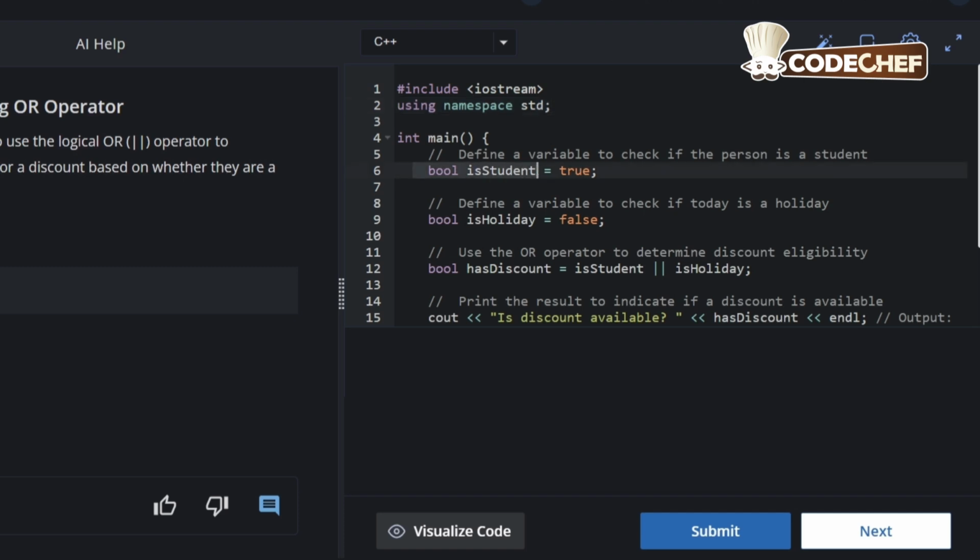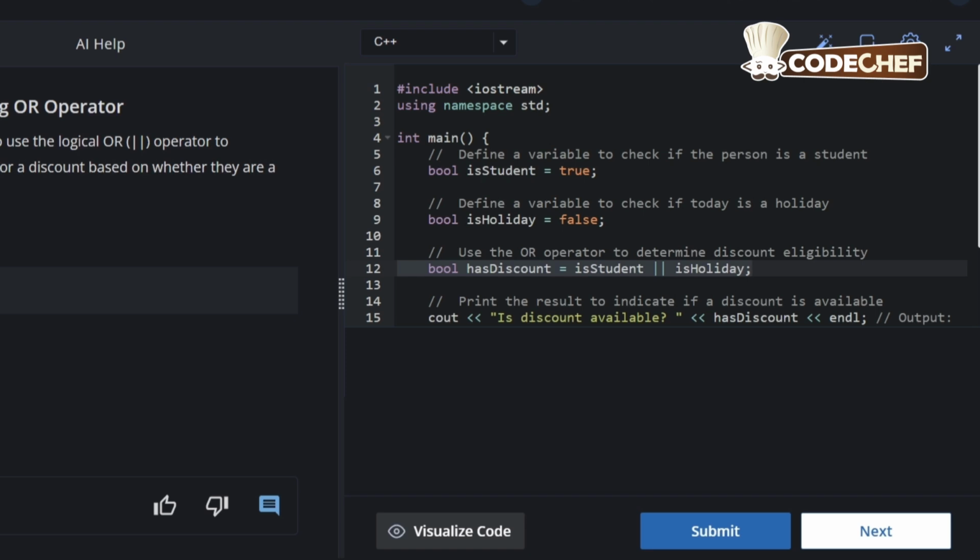Then bool isStudent = true; Another variable, bool isHoliday = false; Then we have applied the condition using a new variable, hasDiscount. So bool hasDiscount = isStudent || isHoliday;